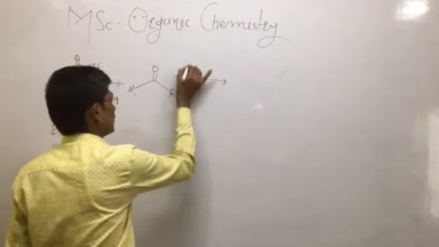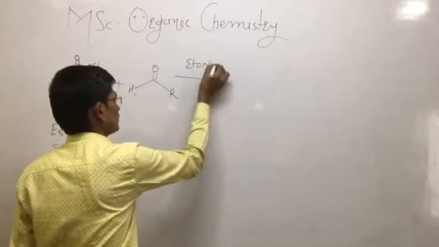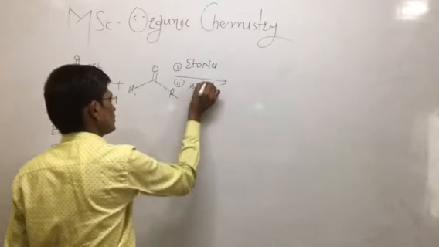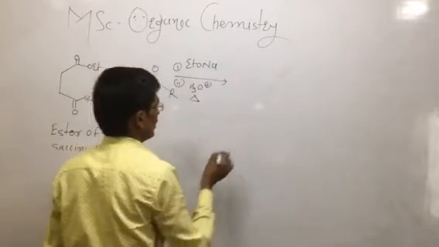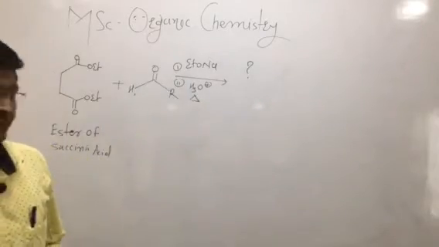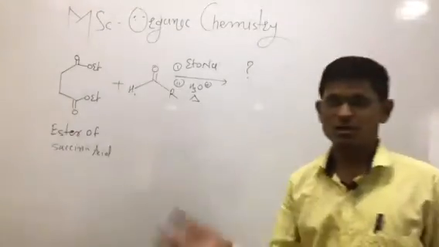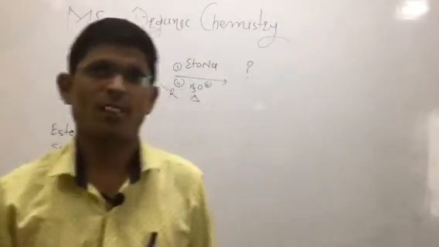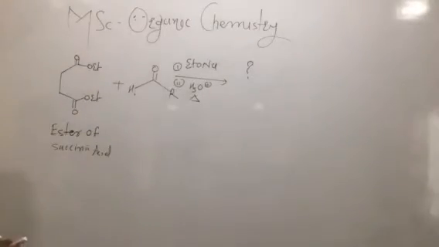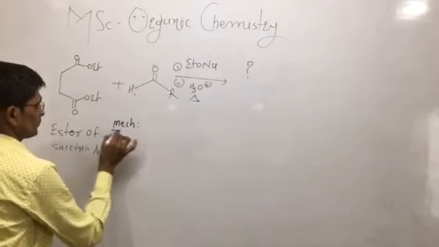So, in the reaction condition, the basic condition, sodium ethoxide, then hydrolysis in acidic condition. So, what happened? What is the type of the product? If the starting reactant molecule is a diester of succinic acid, it is treated with what? A carbonyl compound. So, what is the mechanism?